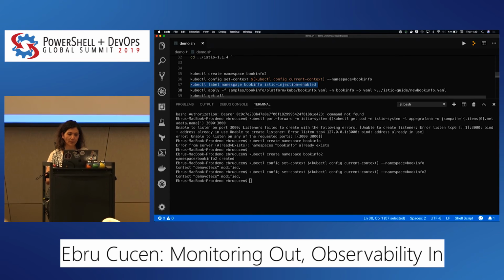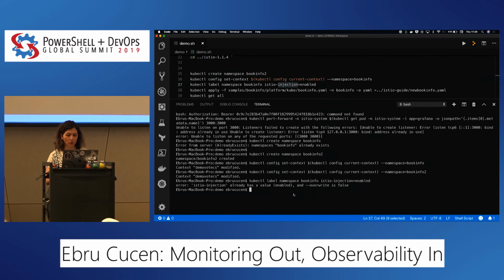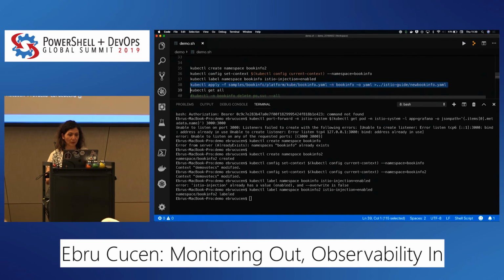So this is labeling the namespace in my cluster with Istio injection. This is the sidecar injection. I think from version 1.1 it's automatically enabled. It's going to be labeled. So from now on,